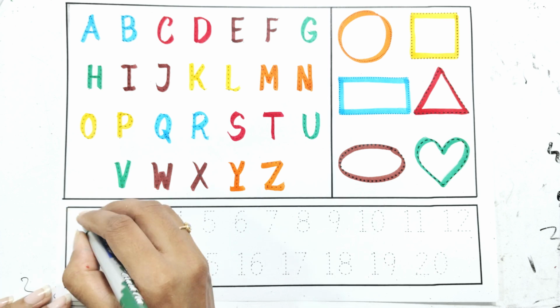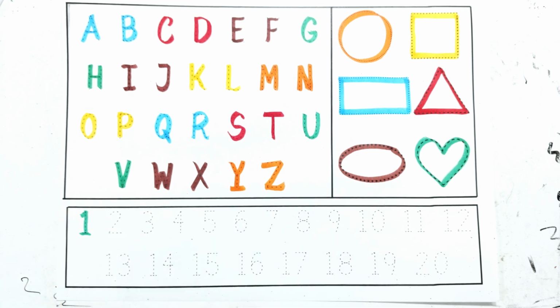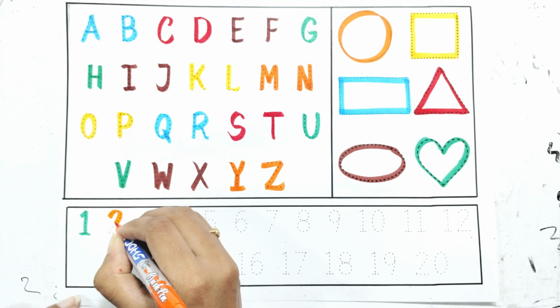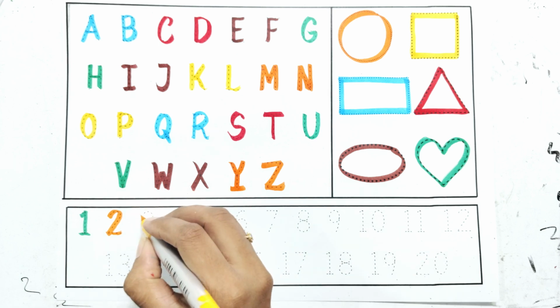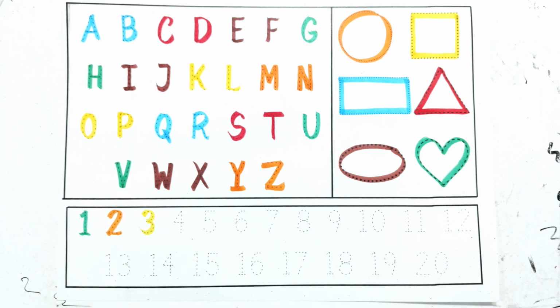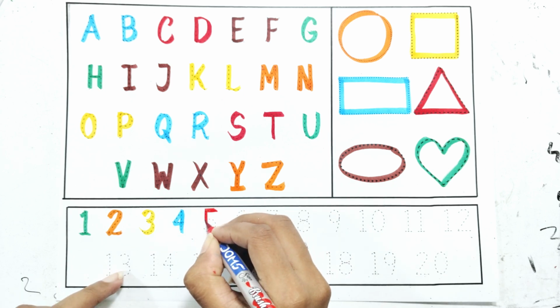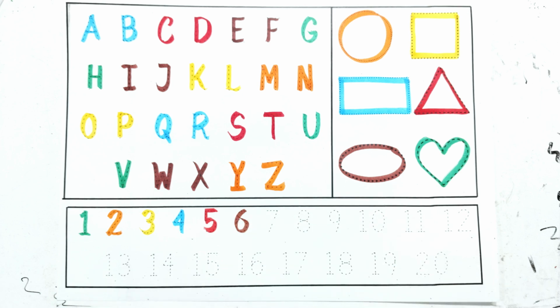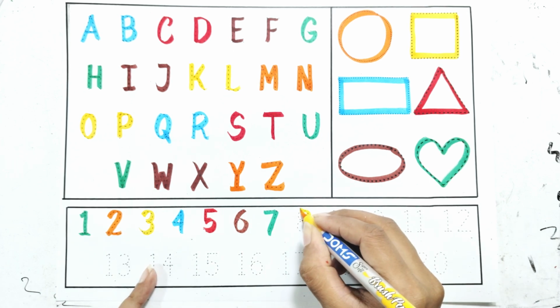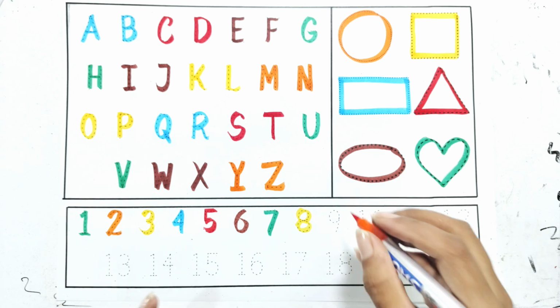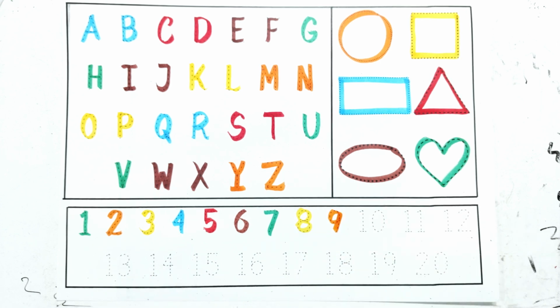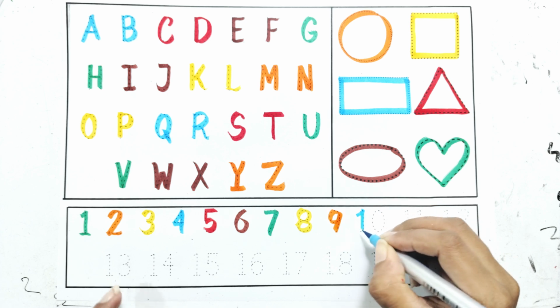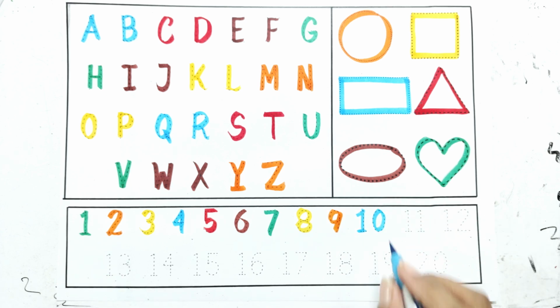Count with me 1, 2, 3, 4, 5, 6, 7, 8, 9, 1 and 0, 10,